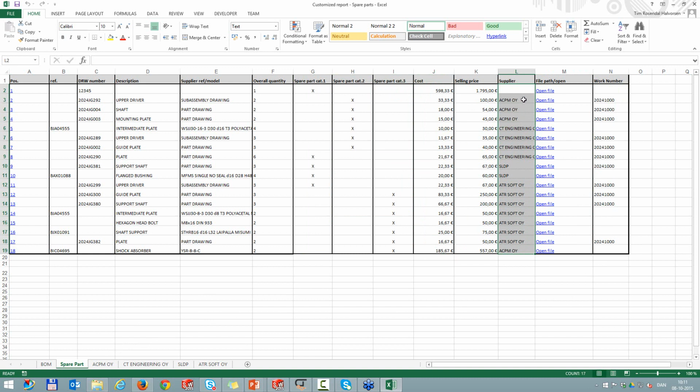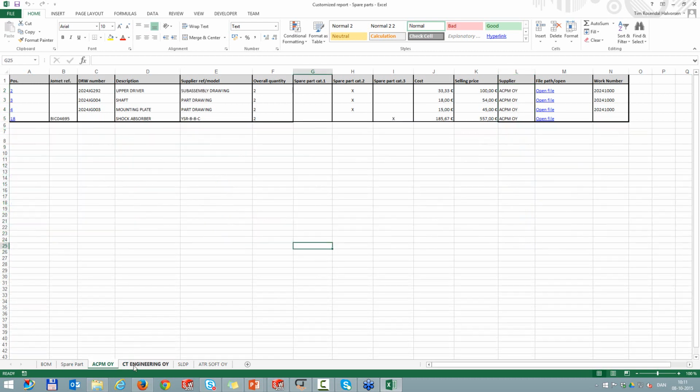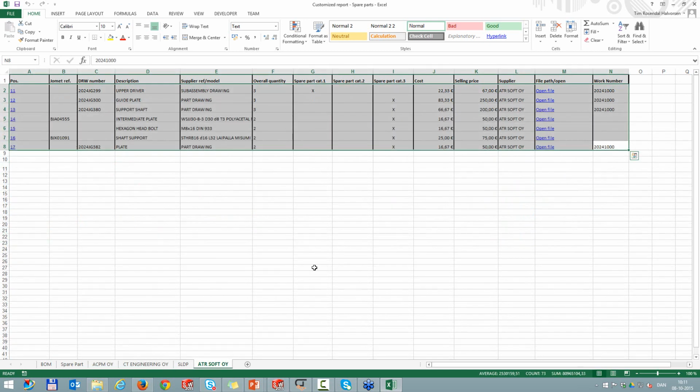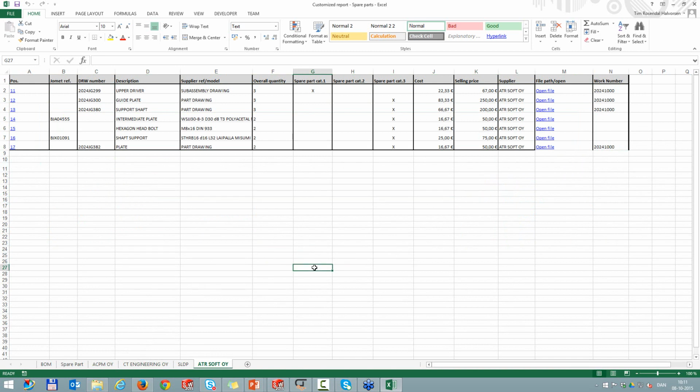So for ACPM, CT Engineering, SLDP, ATR Soft, we created individual sheets where we just place whatever we need from that company on their own sheets. So really a huge time saver. And again, doing this manually would require a full workday, and this report is done in a minute or so. So really a time saver.